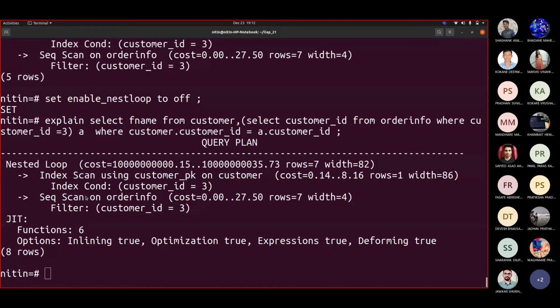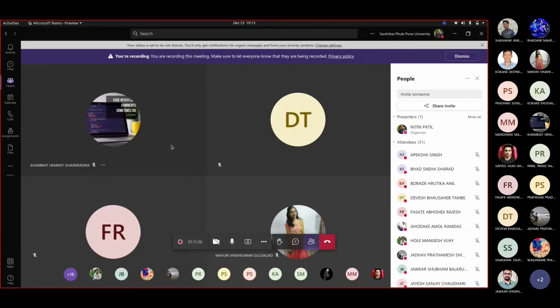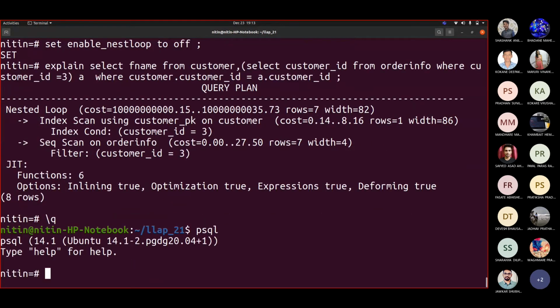Correct. So actually, whenever we are talking about a query like this, where you are writing select count star from item where and so on, this is returning you that data, but exactly it may or may not be same, depending upon how exactly you write the query. Whenever there is a sub plan or init plan, most of the times you do see such kind of stuff. This $0 would be used. Okay, they are for sub plan, sub queries that are there, because we are writing sub query in a query.